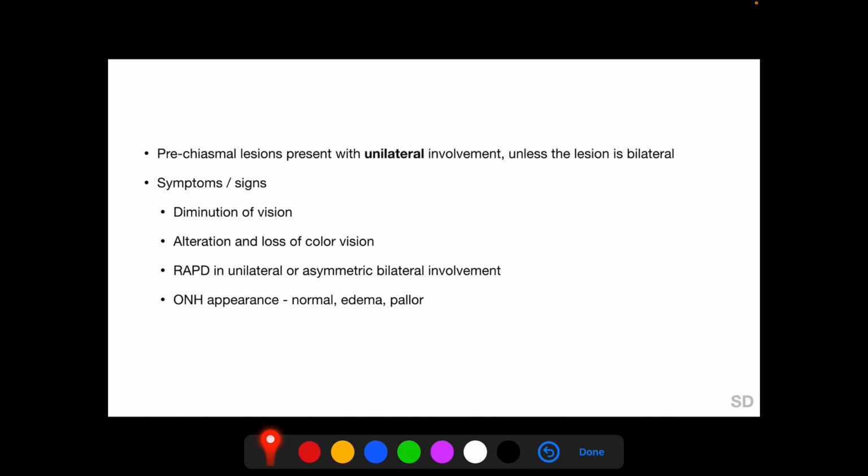So, prechiasmal lesions characteristically present with unilateral involvement. But if the prechiasmal lesion is bilateral, then we can have a bilateral involvement, and the symptoms and signs include diminution of vision, alteration and loss of color vision, RAPD in unilateral or asymmetric bilateral involvement. So RAPD occurs in unilateral involvement. It can also happen in bilateral involvement if the bilateral involvement is asymmetric, and ONH appearance can be normal, edematous